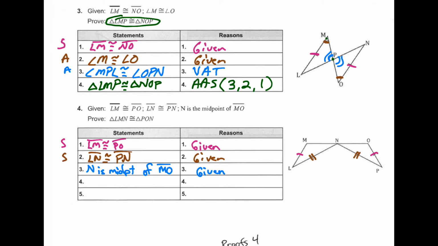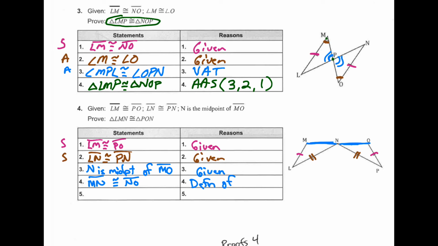Well, we know N is the midpoint of MO, so what does that mean? Oh, that must mean MN segment, right? This one, that half, is congruent to segment NO. This other half here. And how do we know that? Well, this goes back to what we did in chapter 2 here with midpoint, right? And our proofs, our geometric proofs. If N is the midpoint of MO, and we know that, then this reasoning that they're congruent is going to